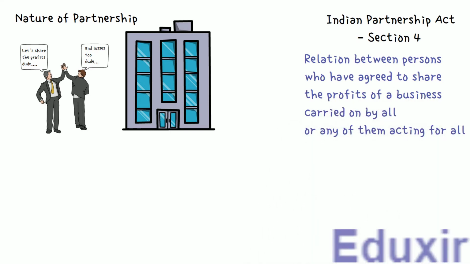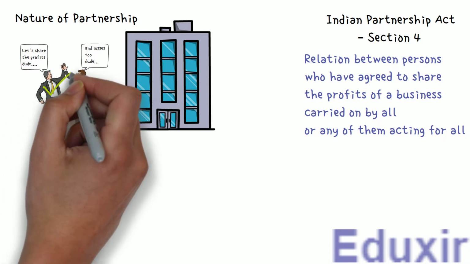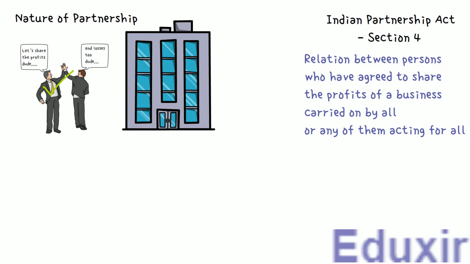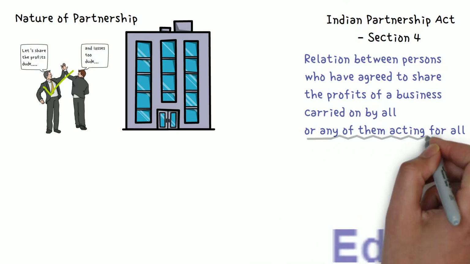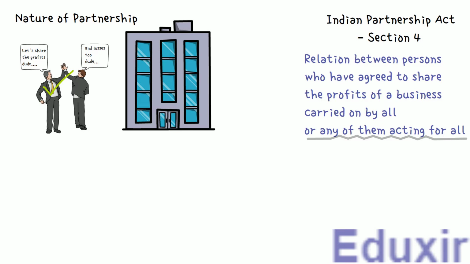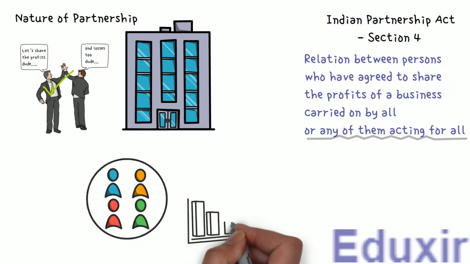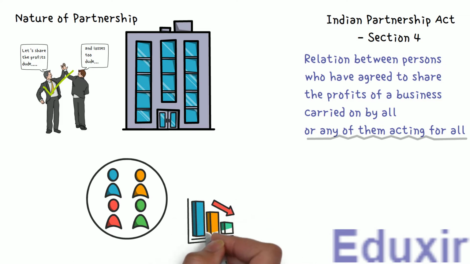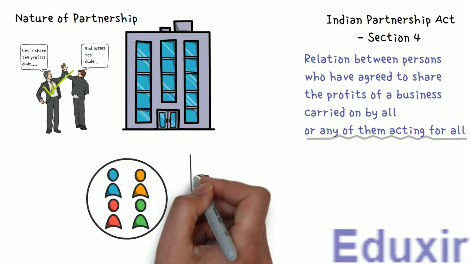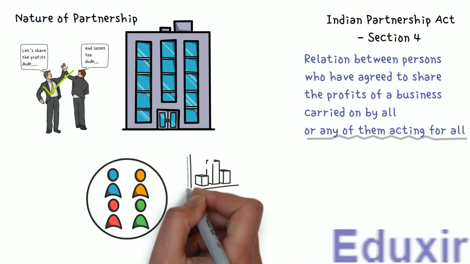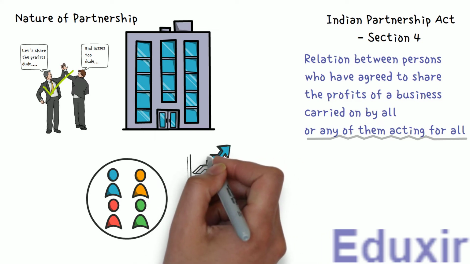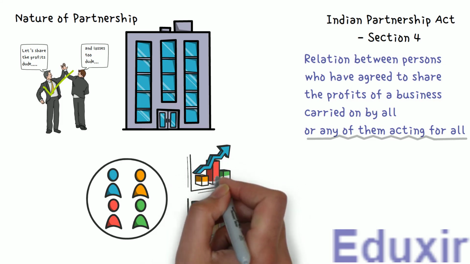See, the business is started doesn't mean that every partner should actively participate in the affairs of the business. It could be just one partner who might be actively involved in the affairs of the business. But pay attention to the wording, any of them acting for all. So, when a partner is taking any business decision, it is equal to all the partners have together taken the decision. If any of his actions results in a loss, the loss has to be borne by all the partners. If any of his actions bring huge profits for the business, it will be like all the partners have collectively been responsible for the profits, and so the profits should be shared among them.